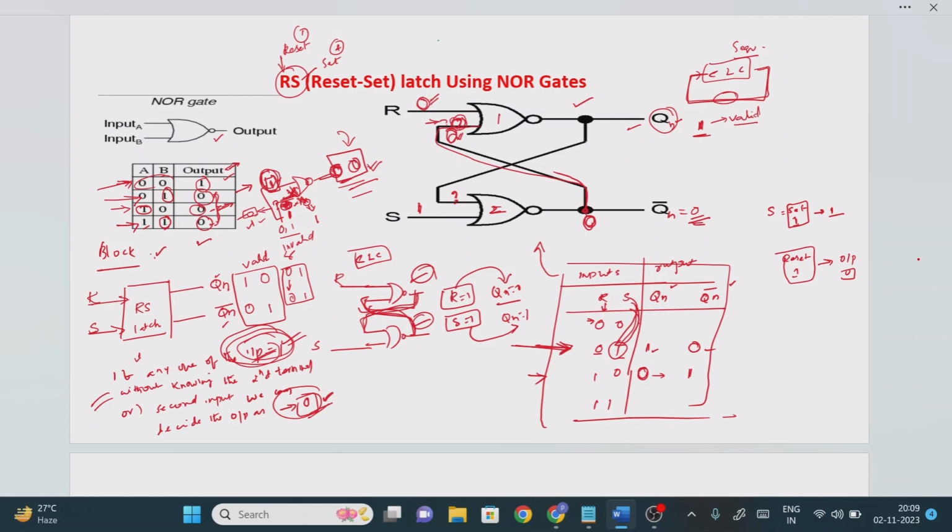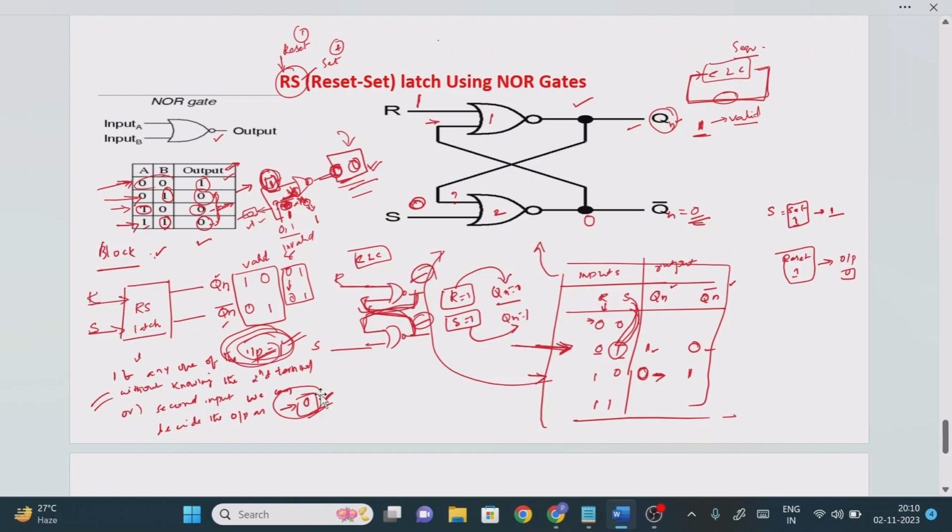Now we will try to implement this practically in our circuit diagram, so that we can conclude that when reset is activated, the output equals 0, right? So I'm taking R equal to 1, S equal to 0, right? This is logic gate 1. This is logic gate 2. Now try to identify for which logic gate we can find the output directly. Logic gate 1 or logic gate 2, as per this discussion. So for logic gate 1 we can directly find the output value, because one input terminal is 1. Even if you don't know the second terminal, we can find it, right?